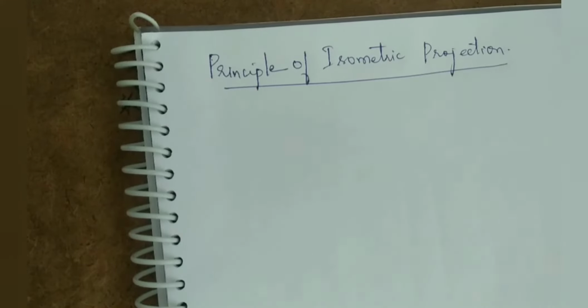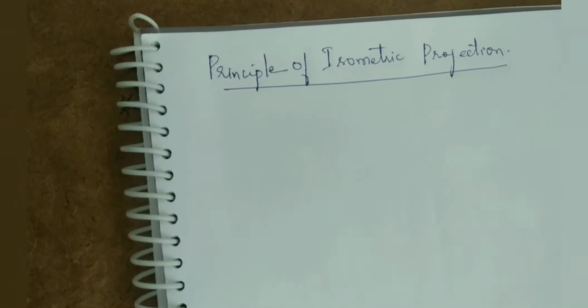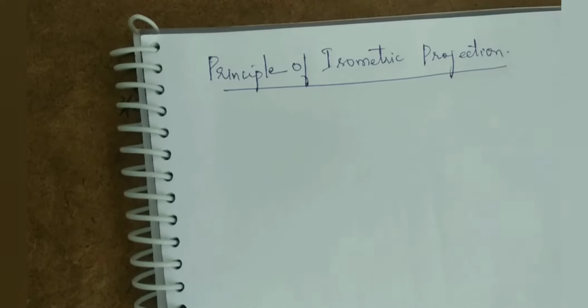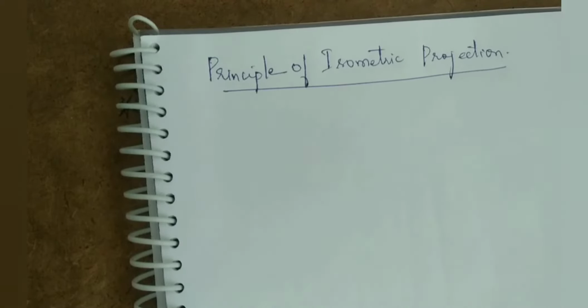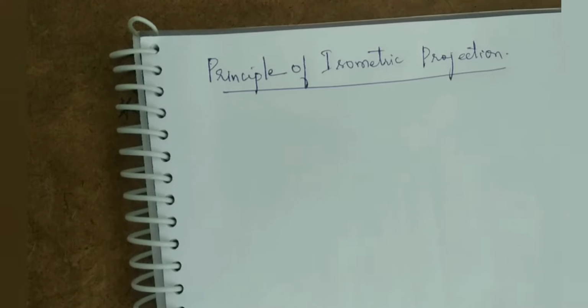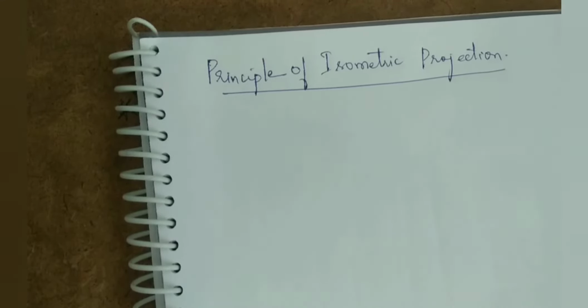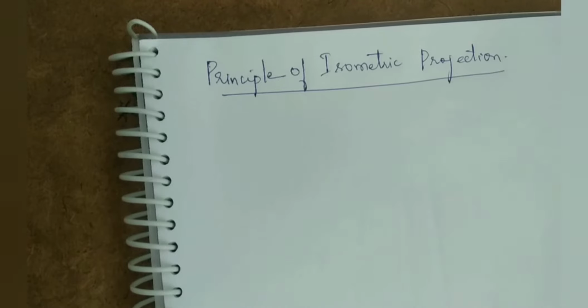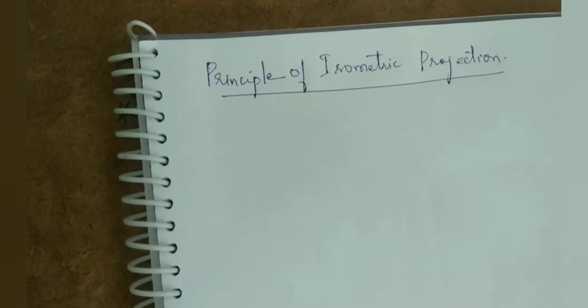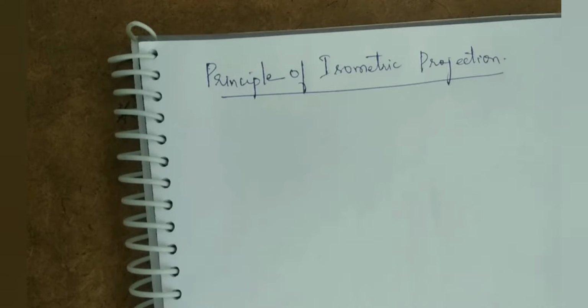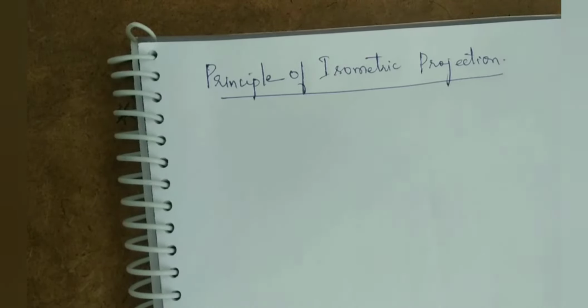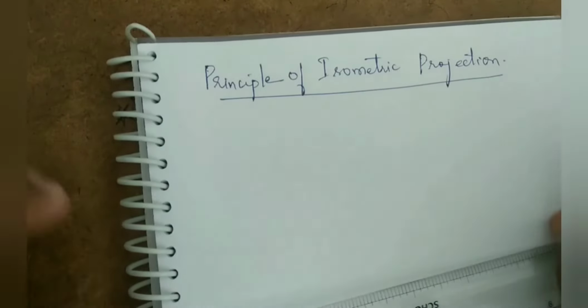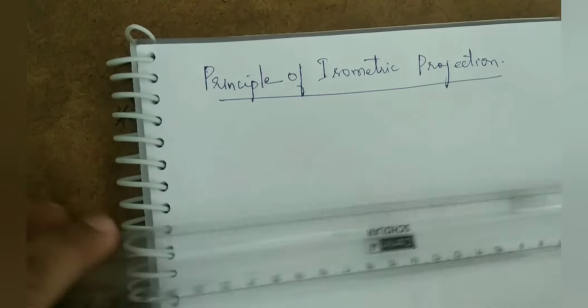What is meant by the principle of isometric projection? The term isometric has come from the Greek language, which means equal measure, reflecting that the scale along each axis of projection should remain the same. The isometric projection can be visualized by considering the view of a cube with one of the solid diagonals perpendicular to the vertical plane, and the three axes equally inclined to the vertical plane as shown in the given figure. So here all the three axes should be equally inclined.